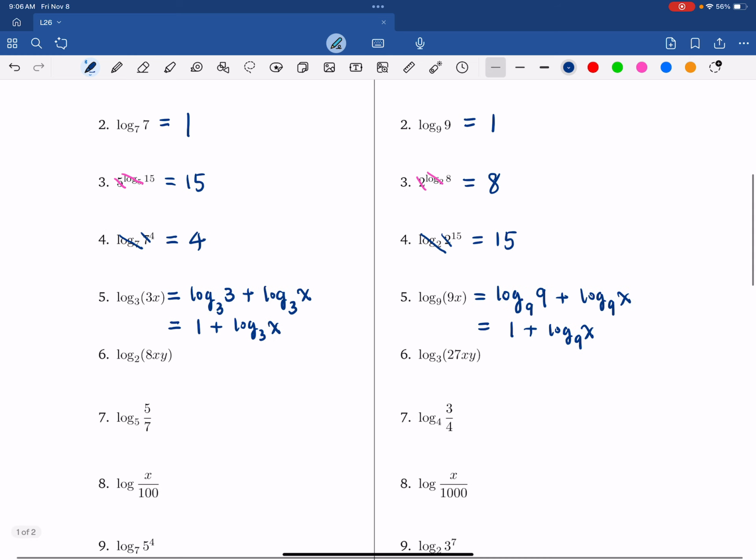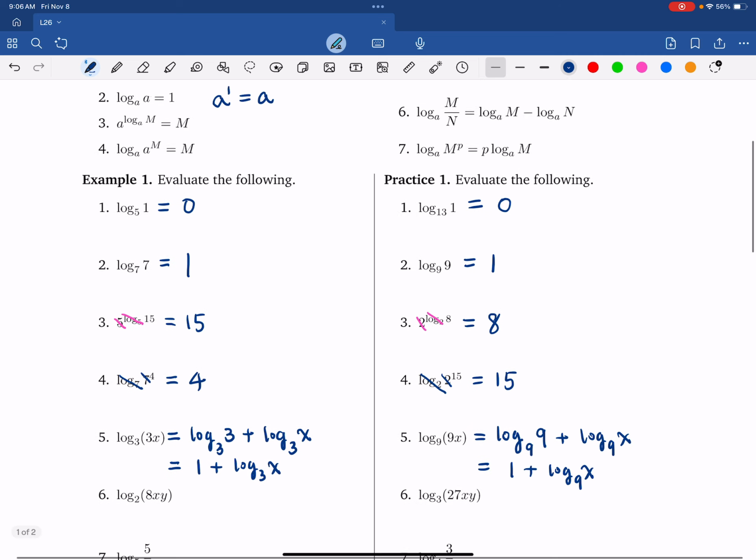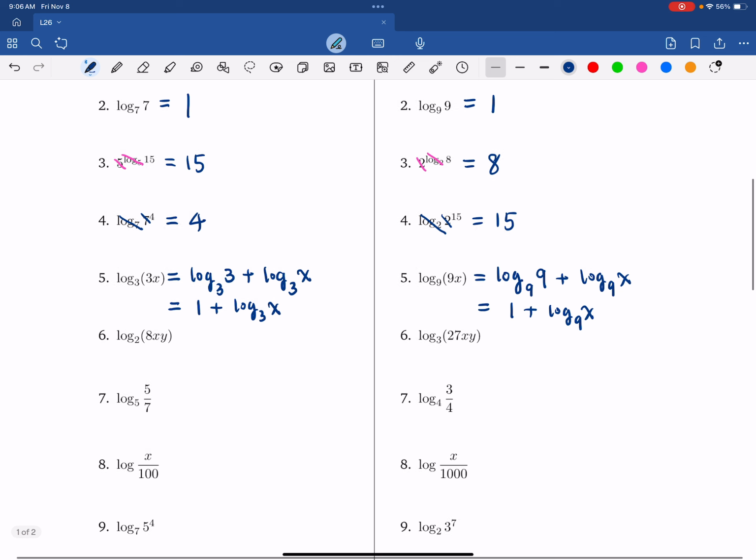Okay, number 6, log base 2 of 8xy. So for this one, we're going to continue using property number 5. This is because we have a product inside of this log function. We're able to split it. Let's split it. We have log base 2 of 8 plus log base 2 of x plus log base 2